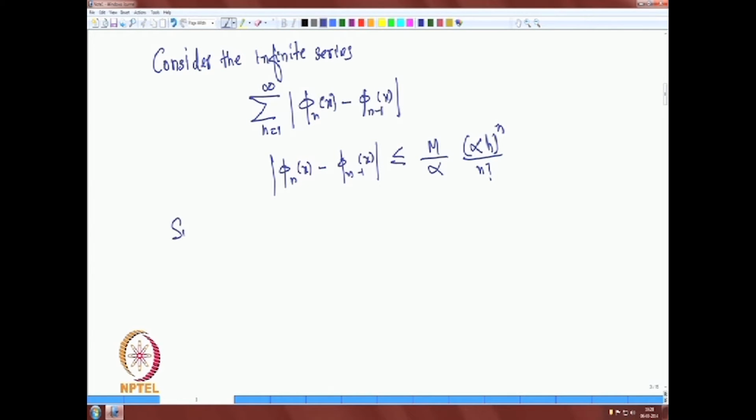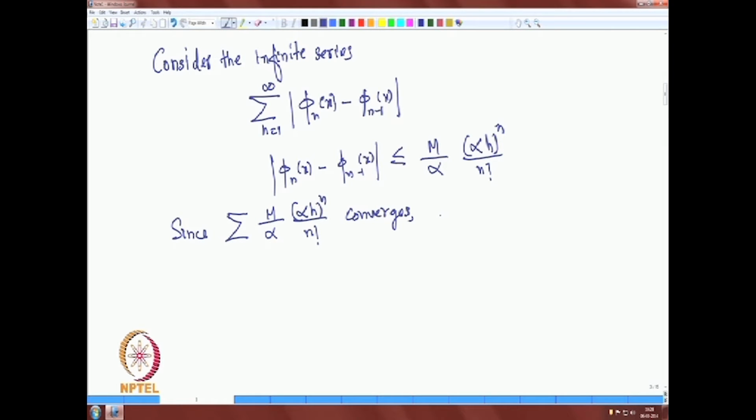And since the series formed by the right hand side converges,